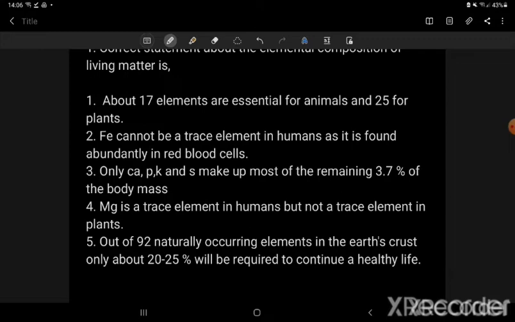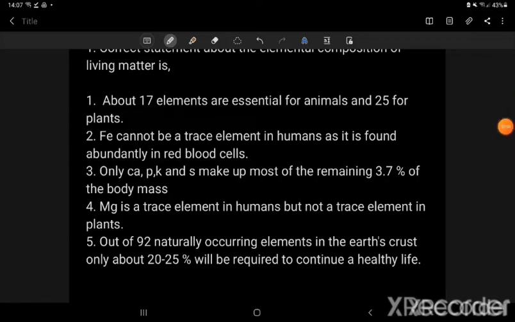It's a cunning statement. The third statement: only calcium, potassium, phosphorus and sulfur make up most of the remaining 3.7% of the body mass. Is that true? You may be thinking, I think it's true. No, it's not. It's misleading. They say only calcium, phosphorus, potassium and sulfur make up most of the remaining 3.7% of the body mass. No, it's wrong. Why? They have forgotten about